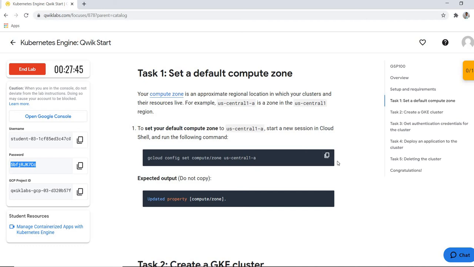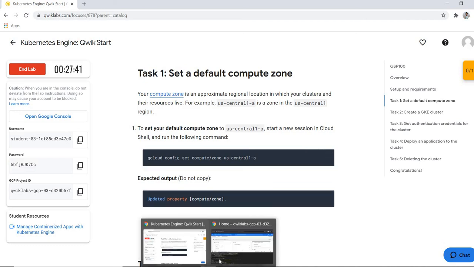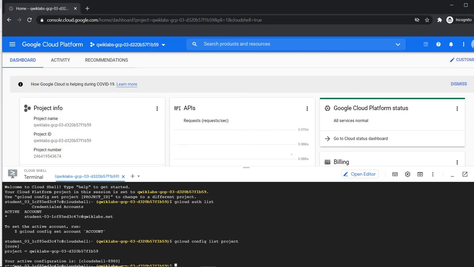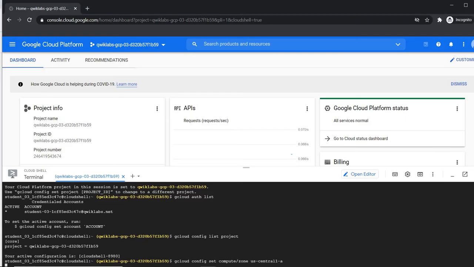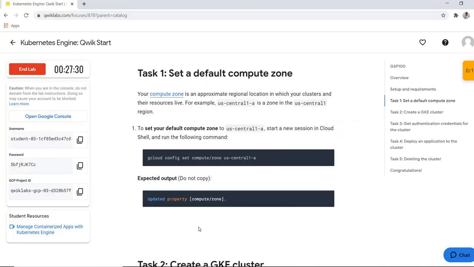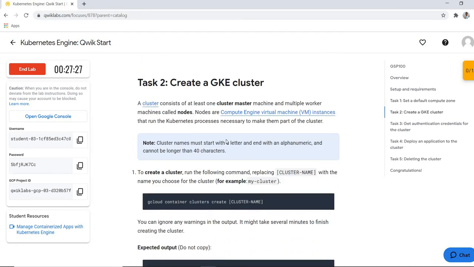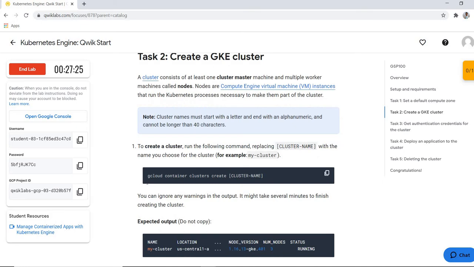In this task, we have to set our zone. So just copy and paste this command. This command sets the zone where you are creating your cluster. And this is the command to create your cluster.